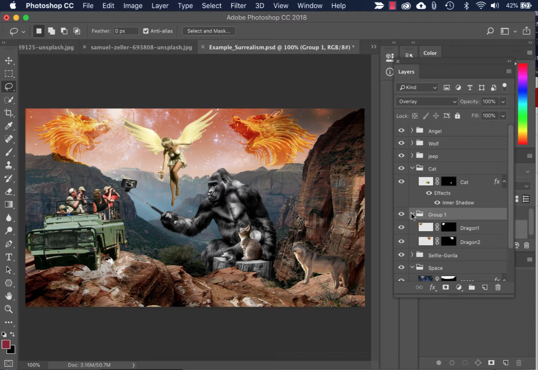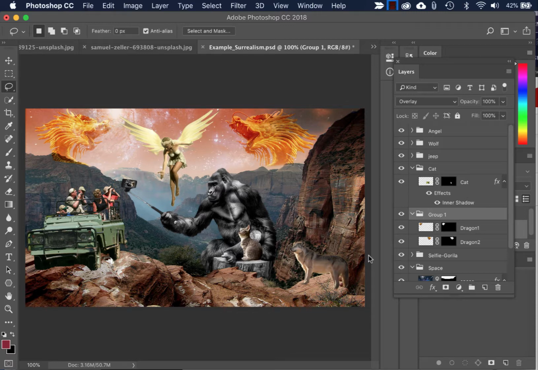So it is kind of convenient to use groups to organize and to globally edit some of the properties of your layers. Okay, so next